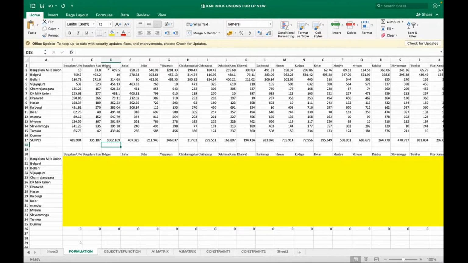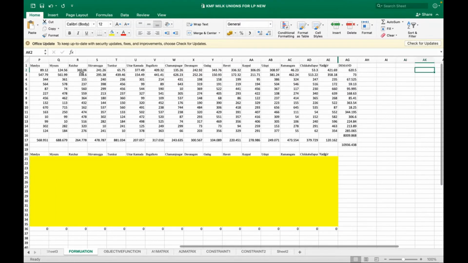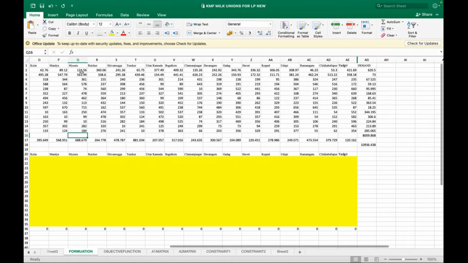Each province has a total amount of production. This is the transportation cost, and this is the demand, a very big problem. This is the demand of processing plants 2, 3, 4, 5, 6, 7, 8. There are 14. So since it is unbalanced, the total capacity of these plants is